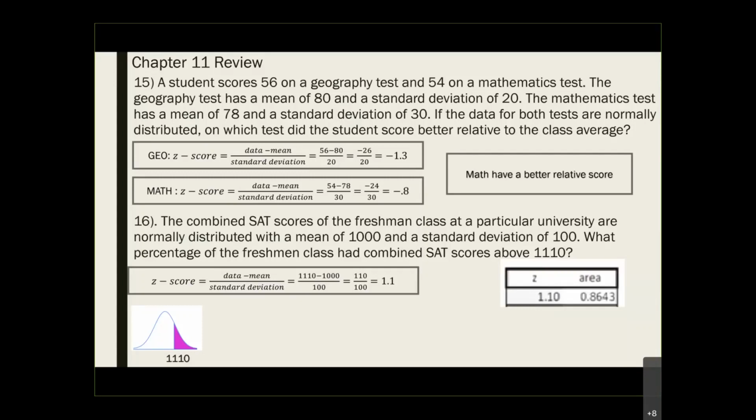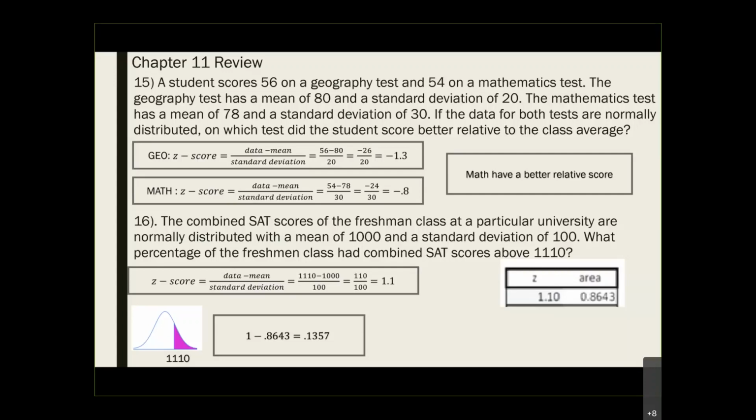Because whatever number is in your chart is the area on the left side. We went over this last week. Because the chart gives the item on the left and we're looking for the item on the right, we have to take 1 minus that